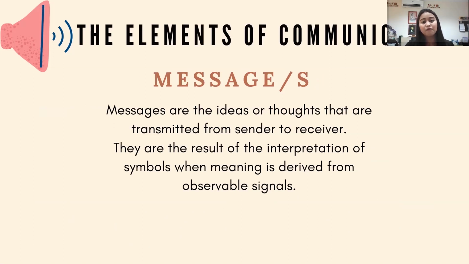So now when we talk of messages, class, it could be written, it could be symbols, pictures, or what you actually say. So, in turn, correct interpretation by the receiver of the symbols sent by a sender is greatly affected by the similarity between the culture and experience of the sender and receiver. Now, the culture and experience together are called schema, okay?